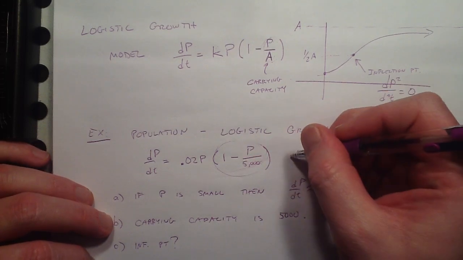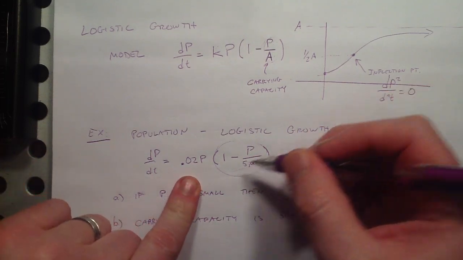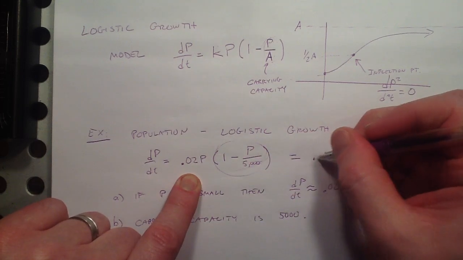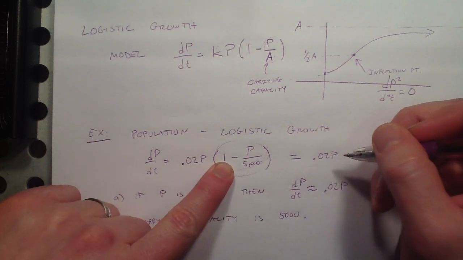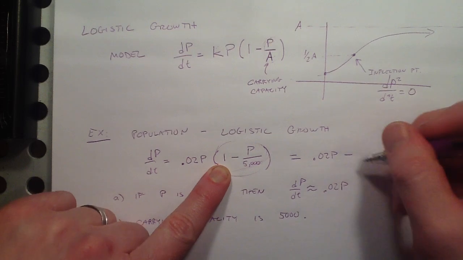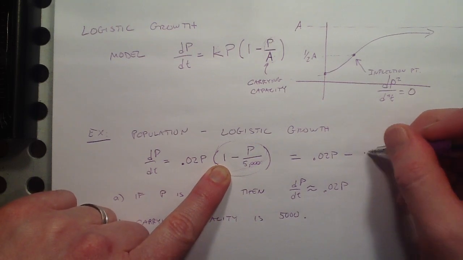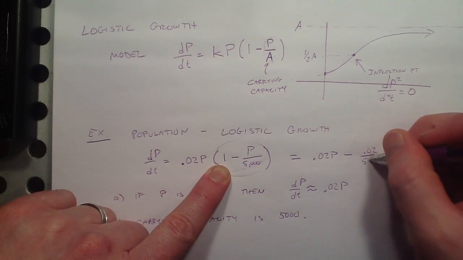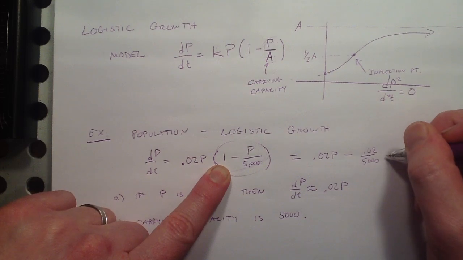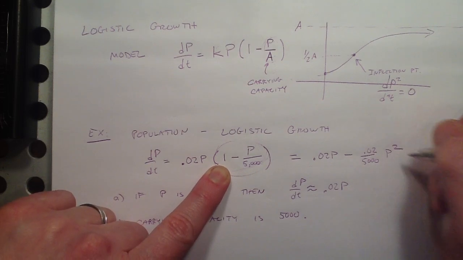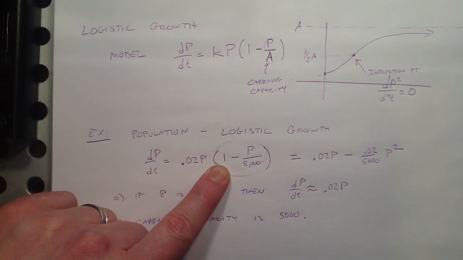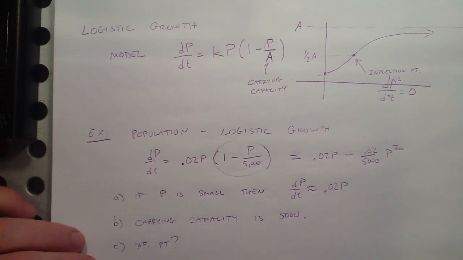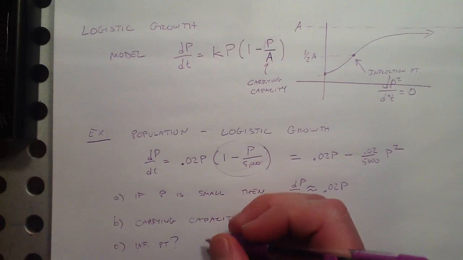Now, before we do that, it's going to be a little easier if we distribute this. That's 0.02p, distributing that here, minus 0.02 over 5,000, I'm just going to leave it like that, p squared. Okay, now when we take the second derivative, that gives me